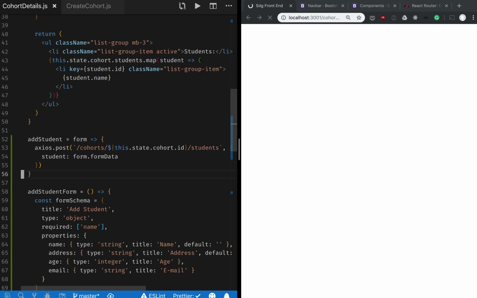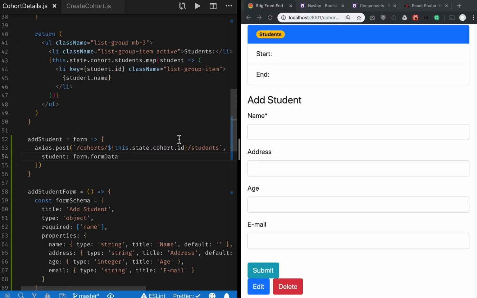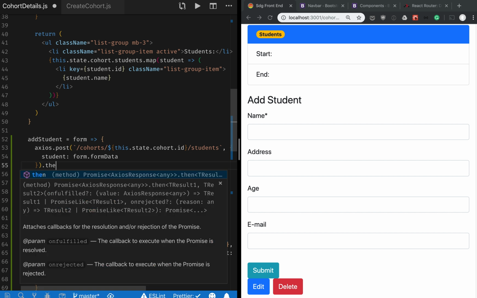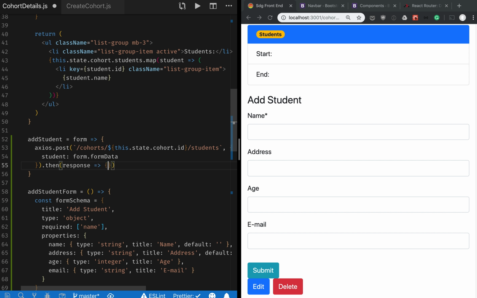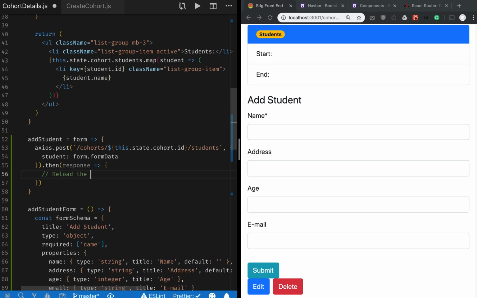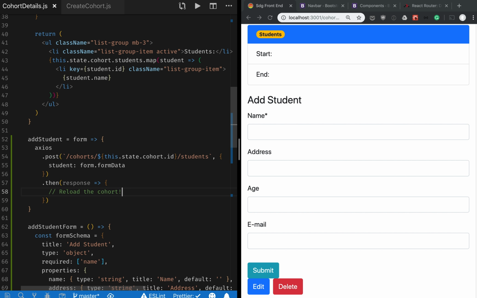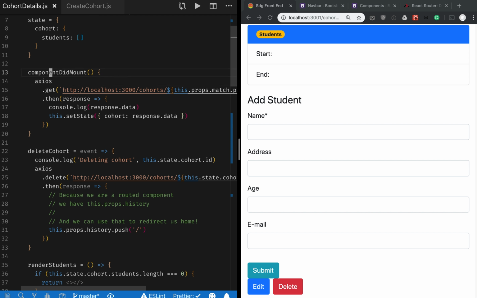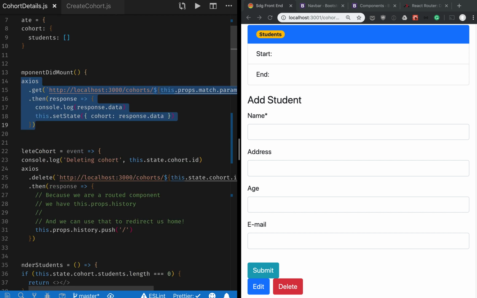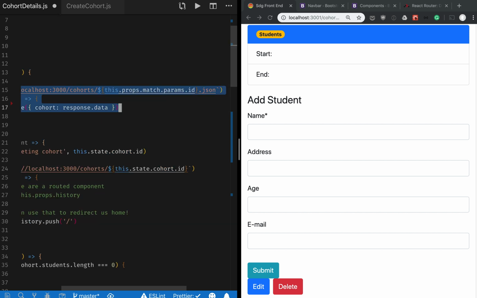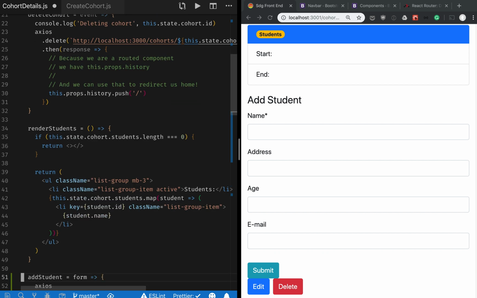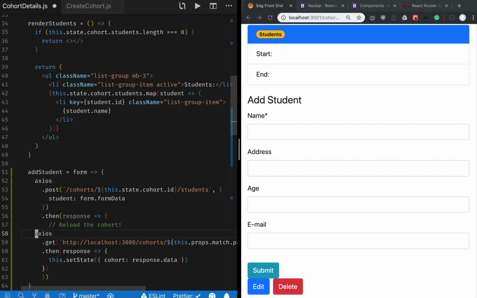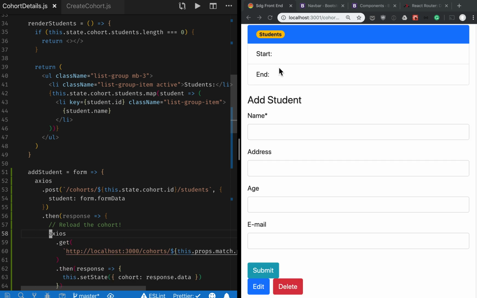Because now, what are we creating? We're creating a student from what? The form data. Then response. We want to reload the cohort, right? We want to reload this cohort. Well, how do we reload the cohort? That's up here. This is a case where if I'm copying this code to reload the cohort, it probably makes sense to refactor this nicer. But for now,